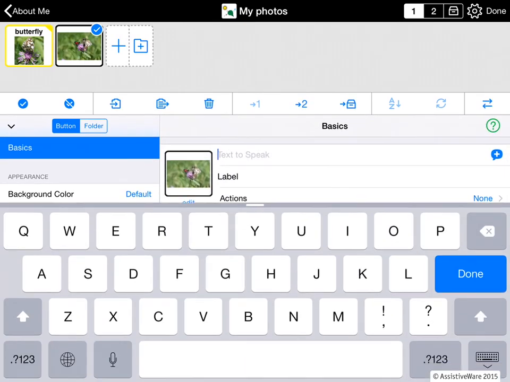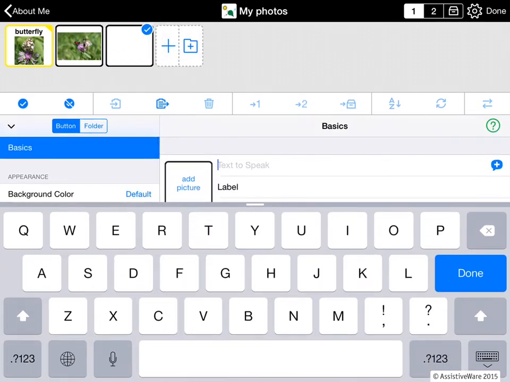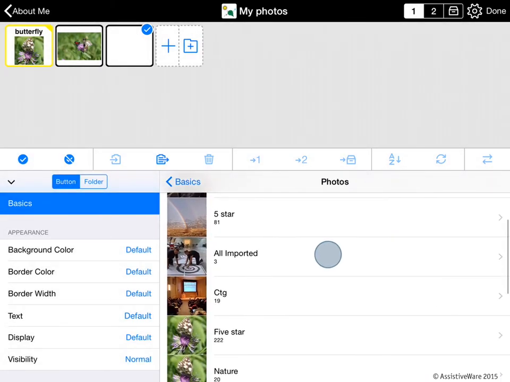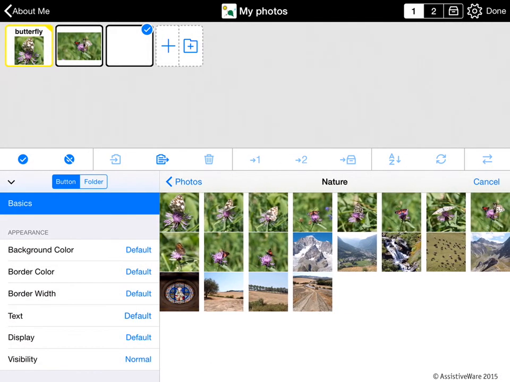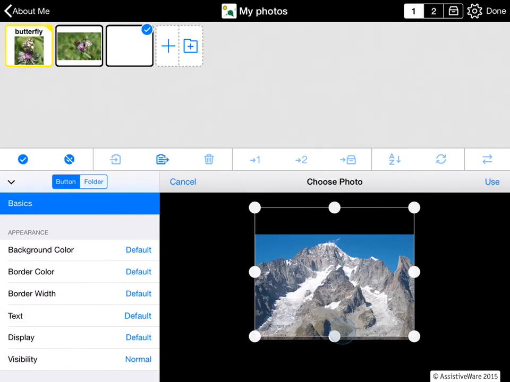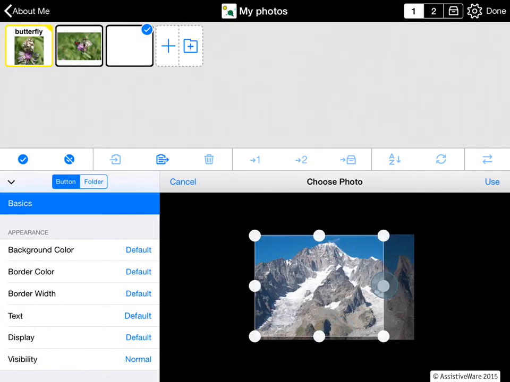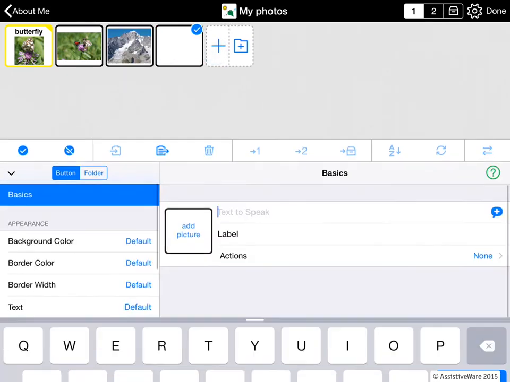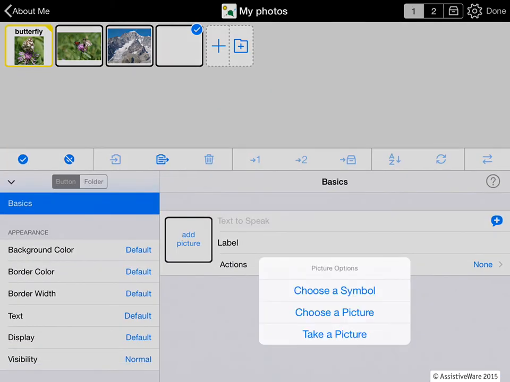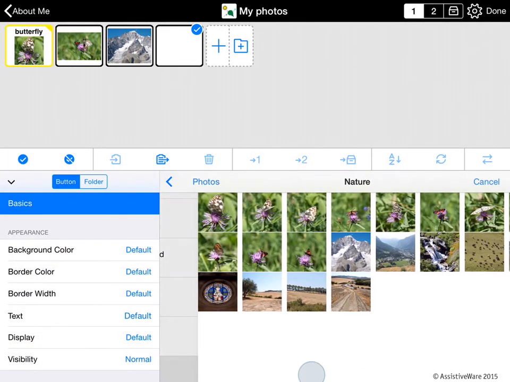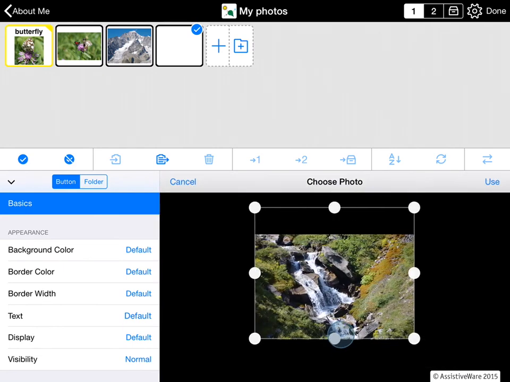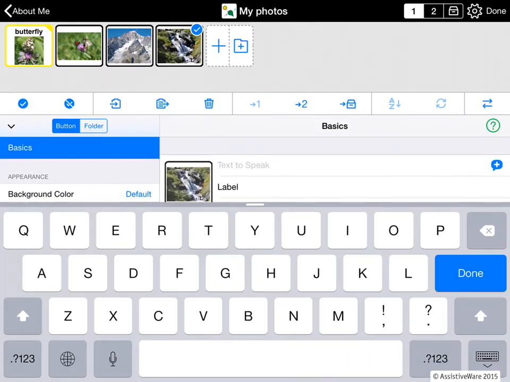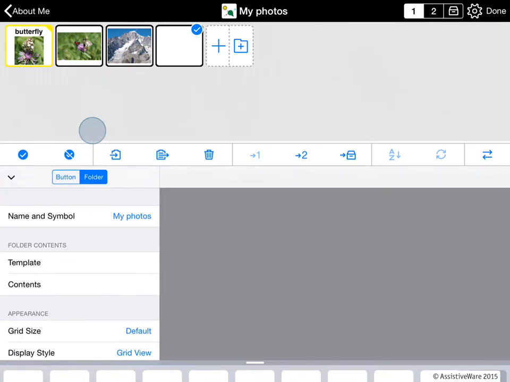All right. And let's add one more. And again, I'll not choose any text to speech. I'll go to my nature photos and maybe do some nice mountains. And I'll use that. And let's do one last one. And I'm going to take another picture that I have here, maybe the waterfall, kind of like that. I'll use that, and now the next step is that I want to actually make sure it is shown always